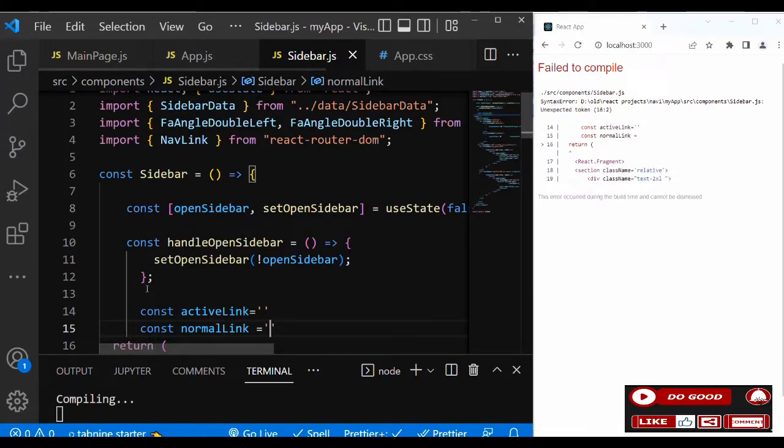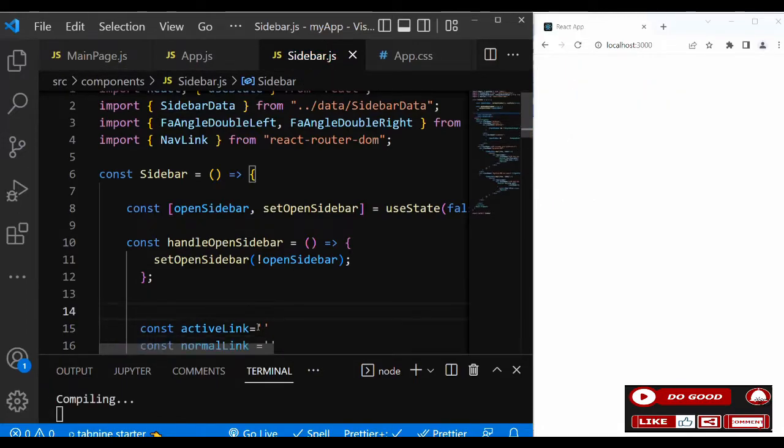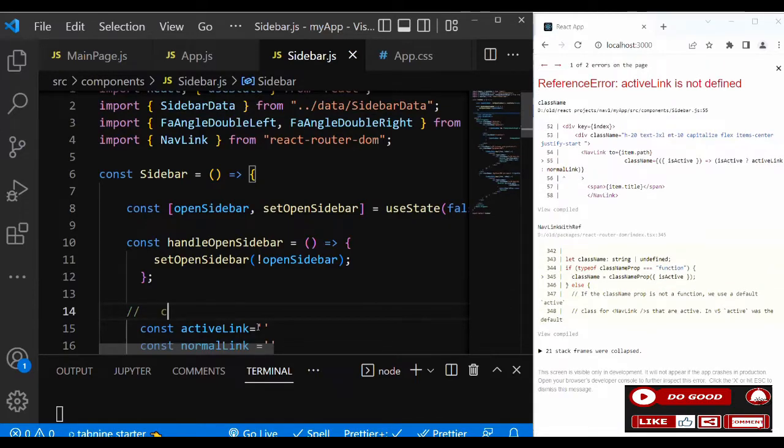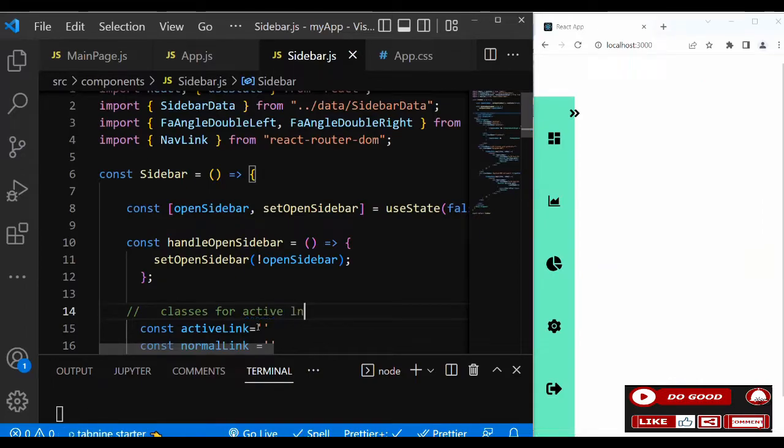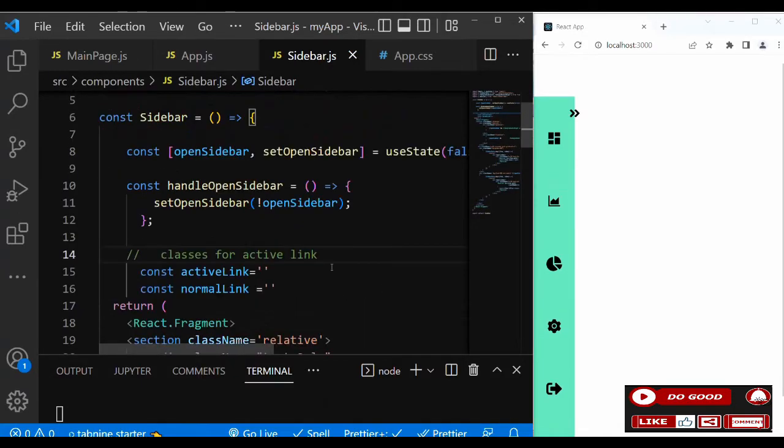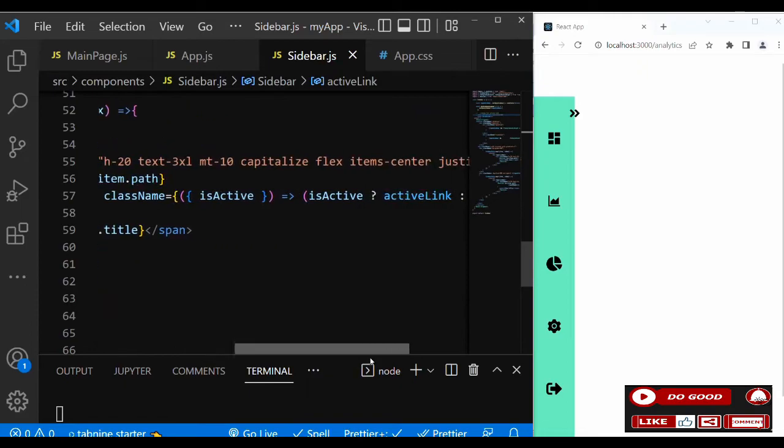So we can just give it, say, classes for active link. So that is that. Now the active link, what do we need? Let's give it first blue 900. Okay, let's give the same class name to the